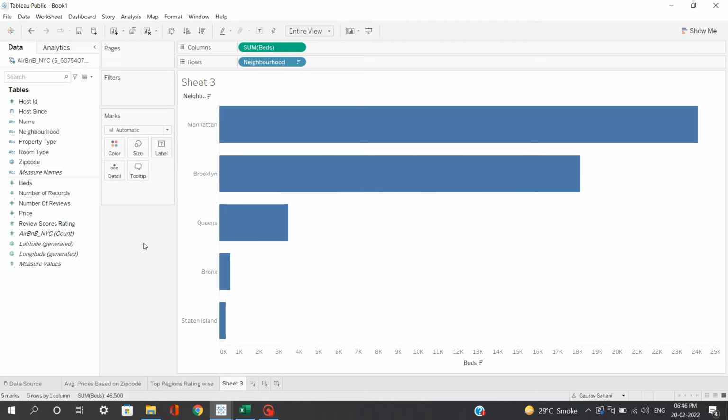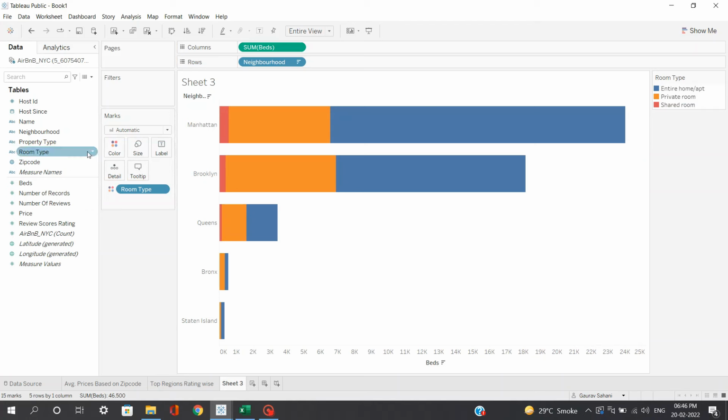Now I also want to see what is the share of room types. So for that purpose, I need to bring this room type into this color, so we can see properly what is the share of each room type available in each region. Let's say for example, if we consider Manhattan, we can see, if we consider this room type as entire home or apartment, we have 17,000 beds available. In Manhattan, private rooms, we have 6,000 beds available, and we have lowest beds in shared rooms, which are only